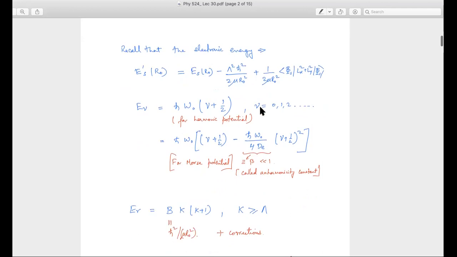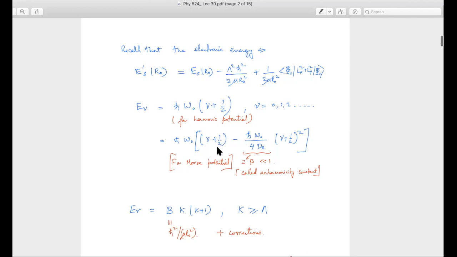The energy scales, basically, where these nu can take integer values starting from 0, 1, 2, and so on. So, okay. And then we saw that, of course, you can calculate this numerically if you know ESR, but Morse gave a very nice potential, etc. And if you use the Morse potential, which includes the asymmetry of the left side and the right side of this potential, then you can still get an analytical answer which is closer to the real answer, etc.